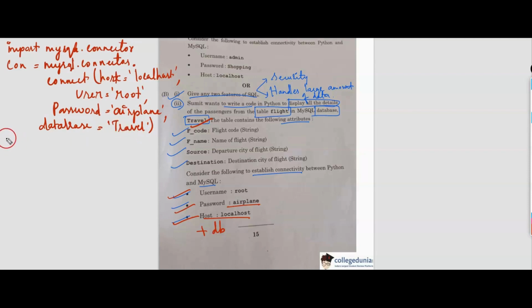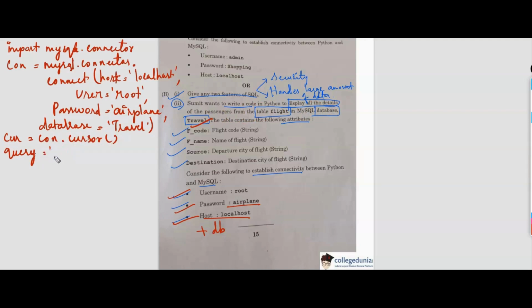After that, you should open the cursor object cur and call the cursor function. By using the connection object con, you should call the cursor function and store that in the cursor object cur. After that, you should write the query. The query is to display all the details of the passengers in the table named flight.